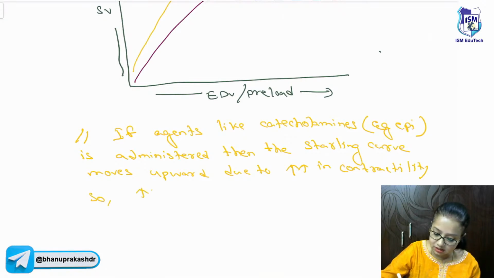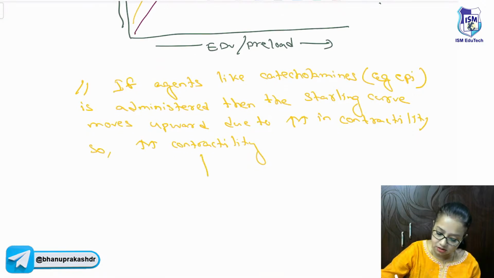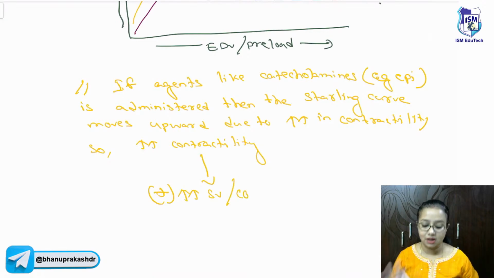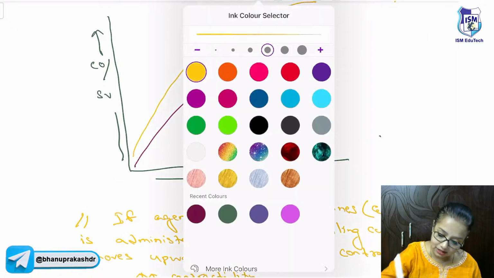So, increase in contractility, what will it do? It will increase the stroke volume and ultimately the cardiac output. This is also another way that the Starling curve is moved. Okay. Second condition,